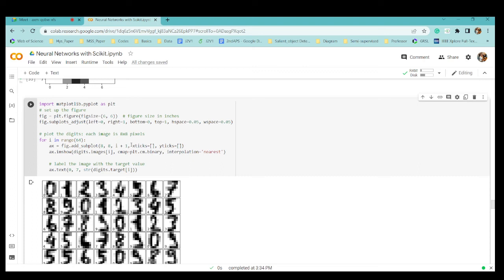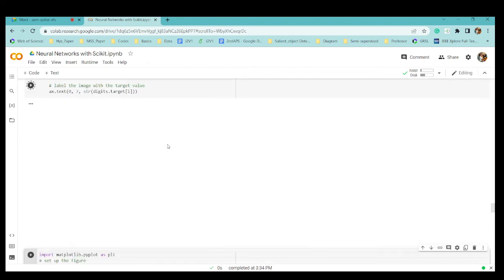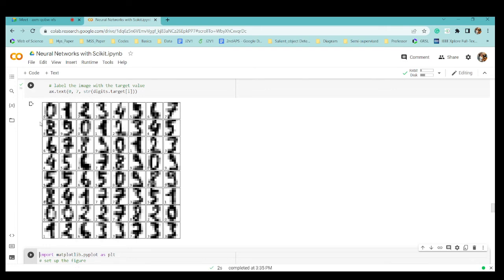We can see the numbers 0, 1, 2, 3, 4, 5, 6, 7, but this is not the case for the others. We have different images, and we need to identify what kind of data set it has.